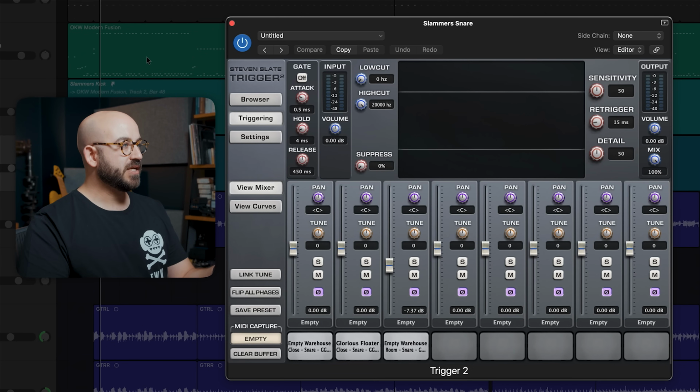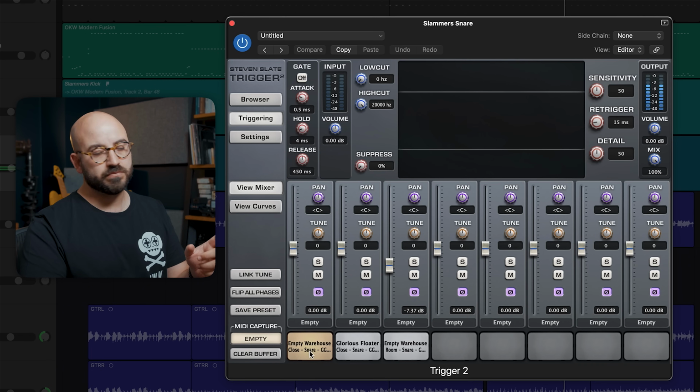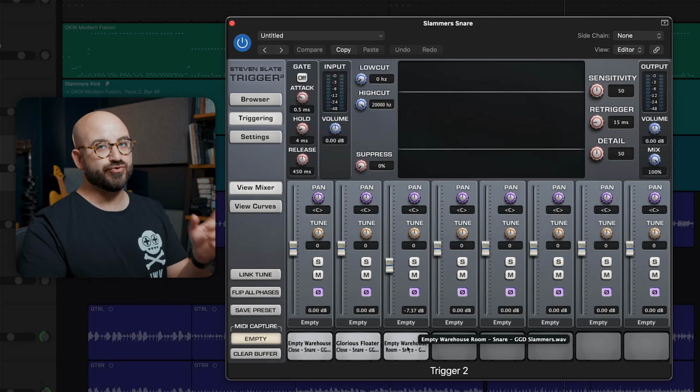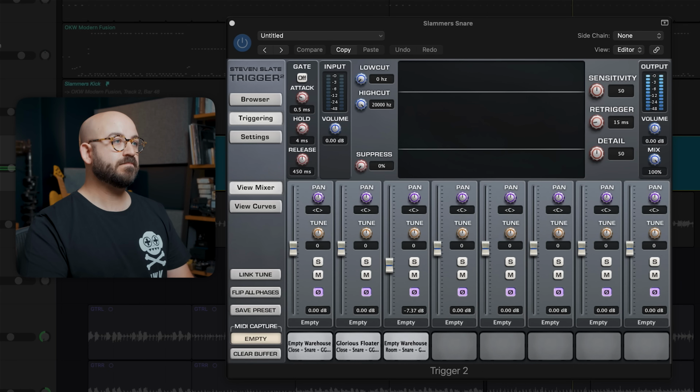All right, cool. So hopefully you enjoyed hearing that, and hopefully you think it sounds good. Let's get straight into looking at the snare drum. So to supplement the snare in Modern Fusion, which I've pulled back in volume a little bit, as I said, here I'm using the Empty Warehouse Close, Glorious Floater Close, and Empty Warehouse Room. And then the 3 of them together sound like...